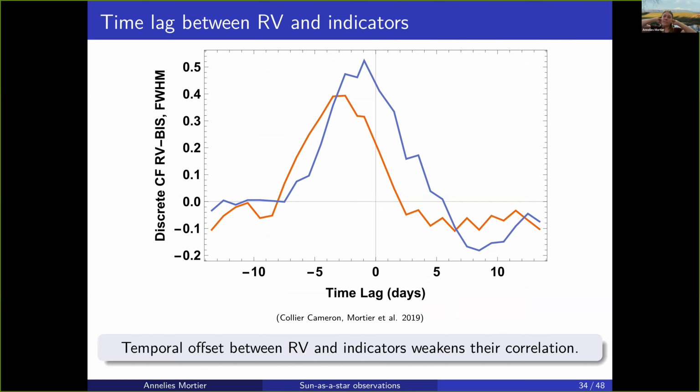And that is because there's a time lag between radial velocity and the indicators. So what you can see here is what we published in the 2019 paper, and it's a time lag. It's a discrete correlation function between radial velocity and fluid half max, and radial velocity and the bisector inverse slope. And you see that they're shifted by about 2 to 3 days. And so they do have the same variability, but just 2 or 3 days earlier or later, depending how you